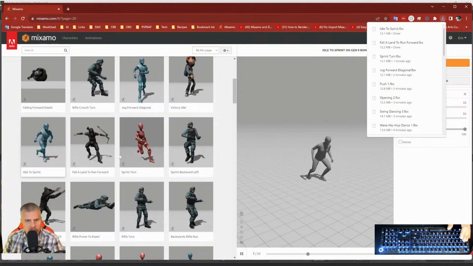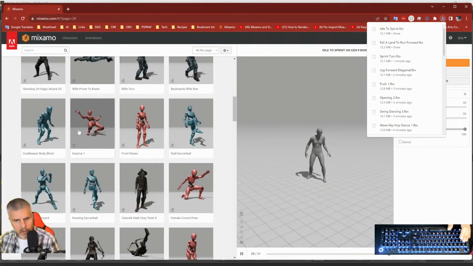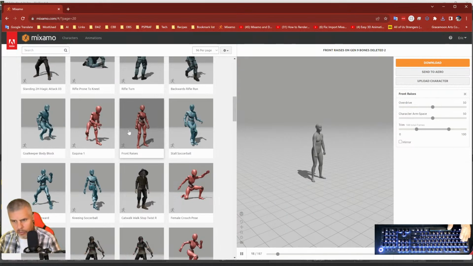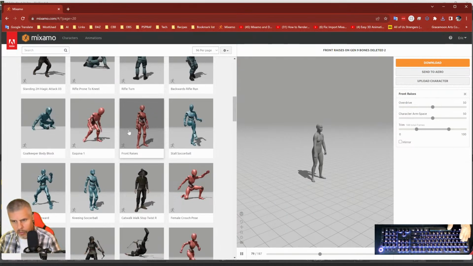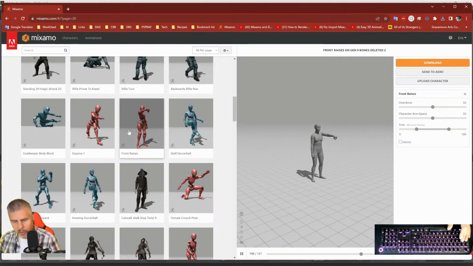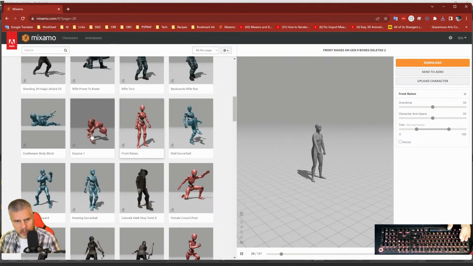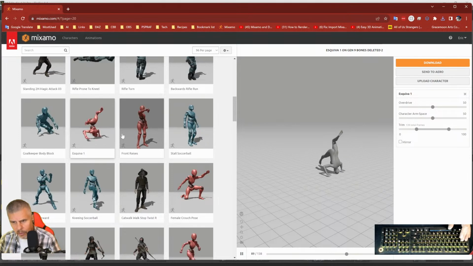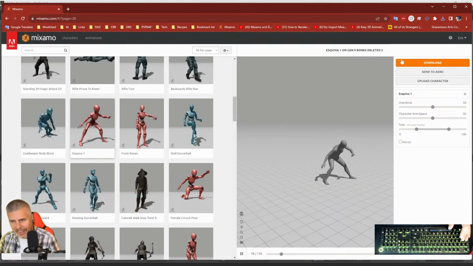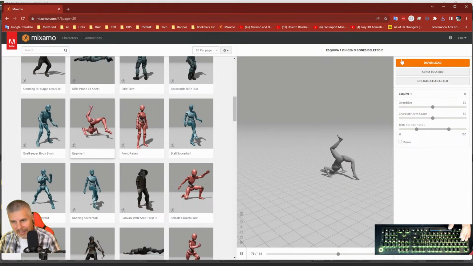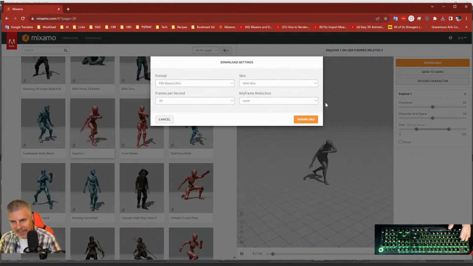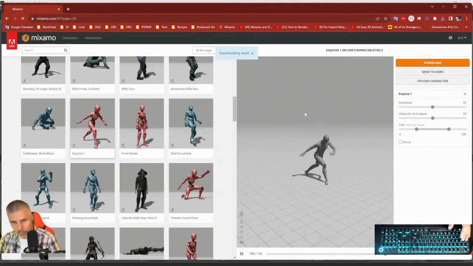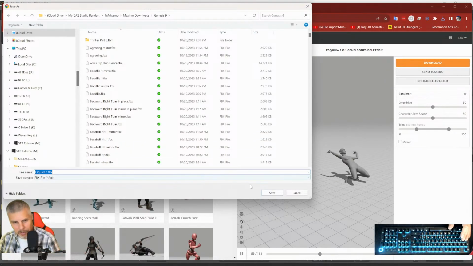This is nice. Front raises, what's this? I'm not really sure what that says to me. Now this is interesting. It's some kind of dance, I think. I don't see it as a karate move, so I mean it could be, but